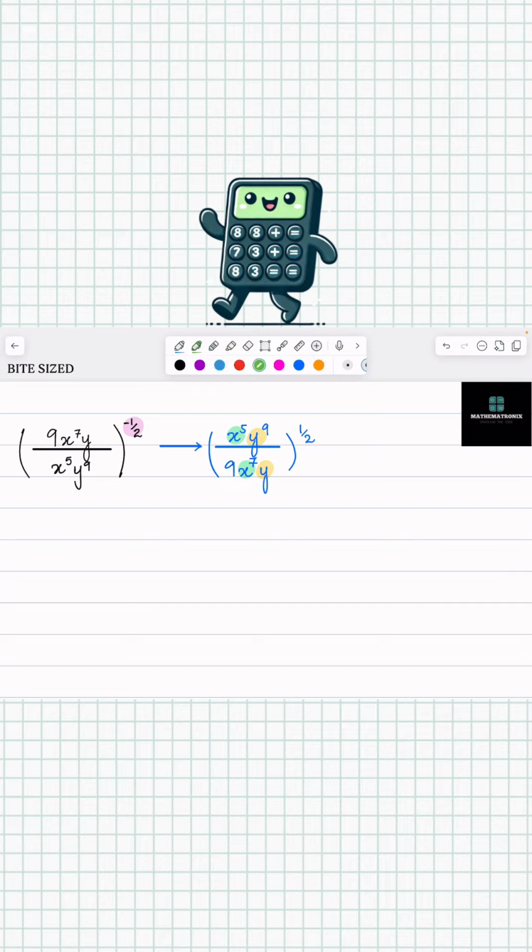So let's first deal with y. 9 is going to remain as it is. Let's write down 9. ठीक है. y to the power 9 divided by y. That's 9 minus 1 because there's no power, that means the power is 1. That's going to become y to the power 8 in the numerator. Now 5 minus 7 is minus 2.